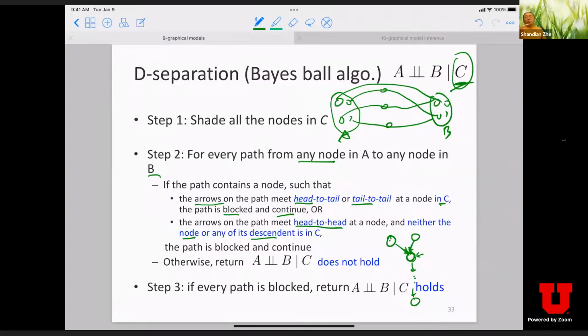And then you try to examine the next path. If every path turns out to be blocked due to any of these three cases, okay, then we can conclude